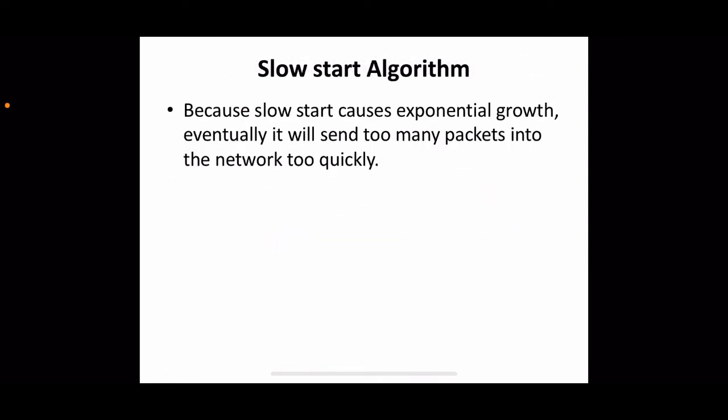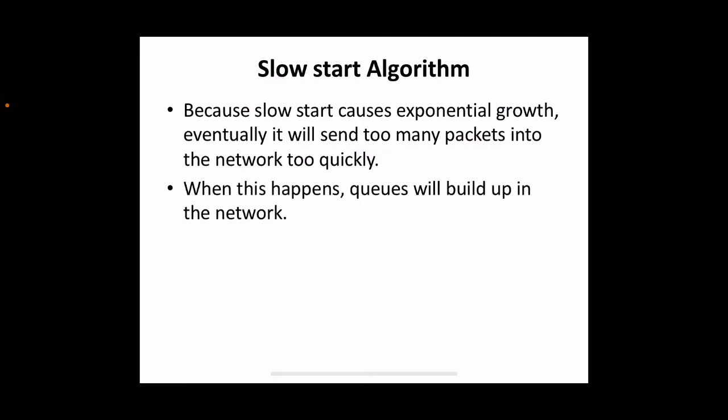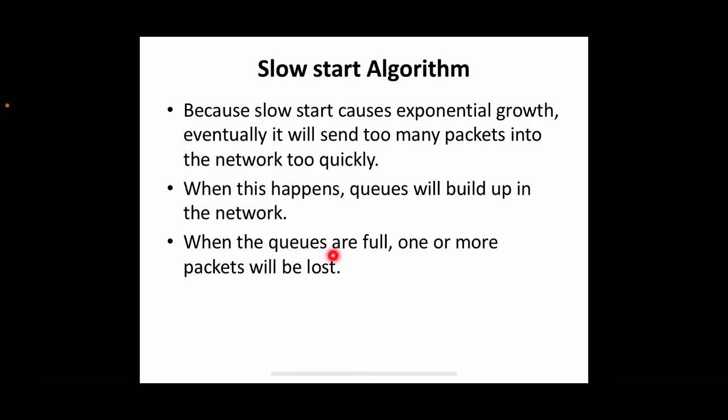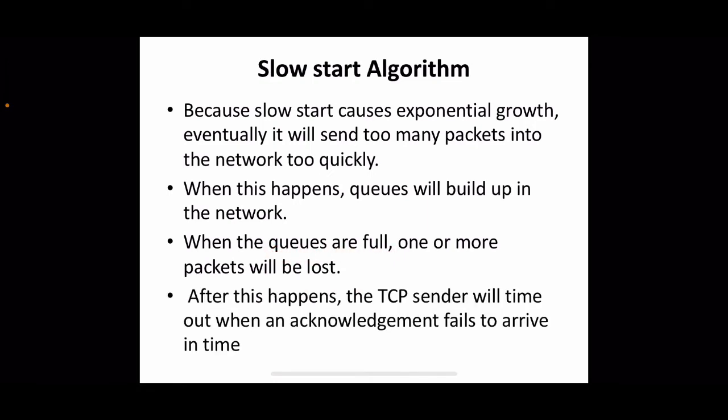Now the issue with this slow start algorithm is that it causes exponential growth. Eventually, it will send too many packets into the network too quickly, right? So when this happens, queues will build up in the network. When queues are full, one or more packets will be lost, and the TCP sender will time out. The acknowledgement will fail to arrive in time. So there is congestion in a sudden manner, right? So there should be some method to capture or seize this exponential growth somewhere without creating much problem in the